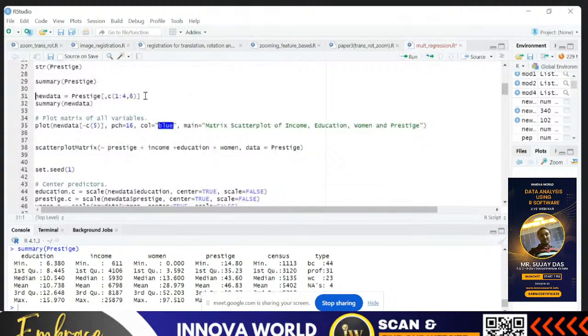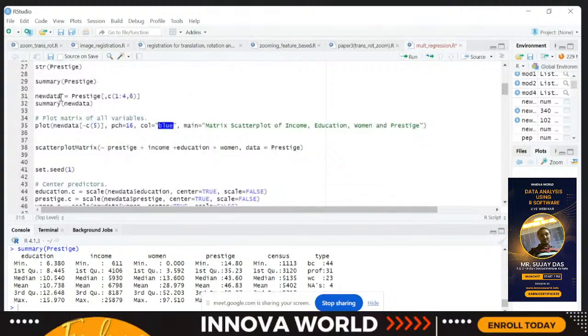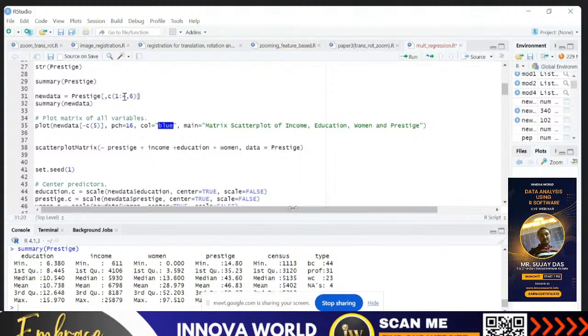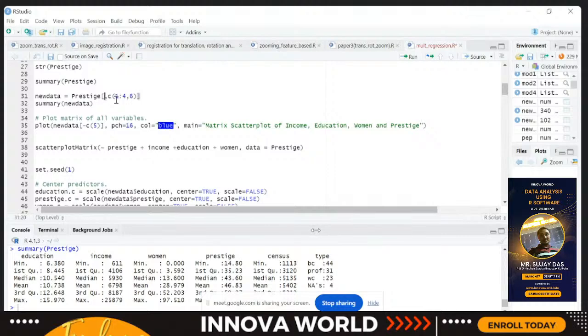Now what we are doing, we are creating a new data set. We are creating a new data set, and the data set is prestige, but what we are doing is, by this line of code, what we're trying to say is that we are keeping all the rows, but columns will be 1 to 4 and 6. Suppose if we wanted to retain say five rows, then we had to write that in front of this comma. So we had to write, suppose we want to retain the first five rows, then we'll be writing c